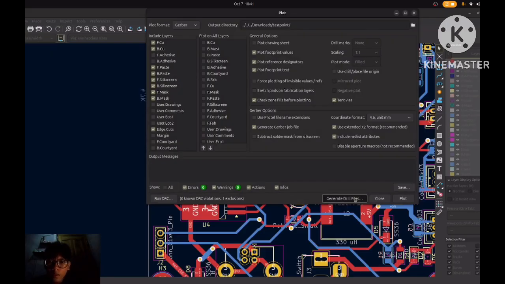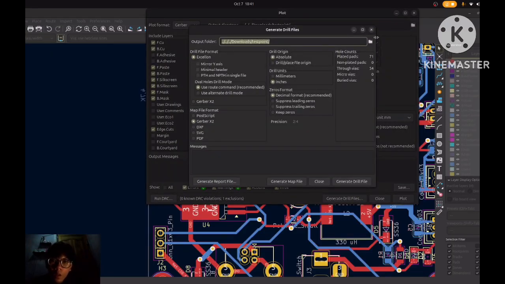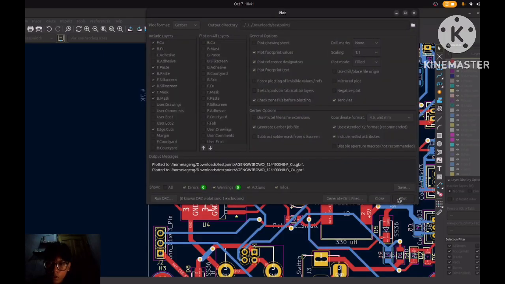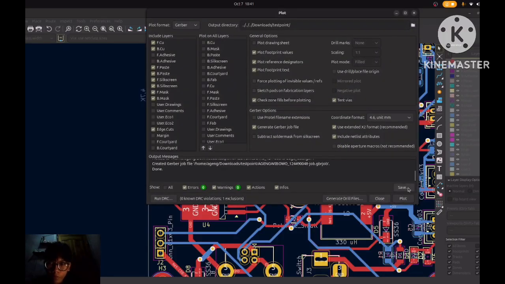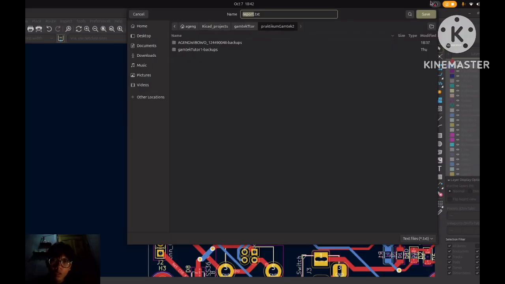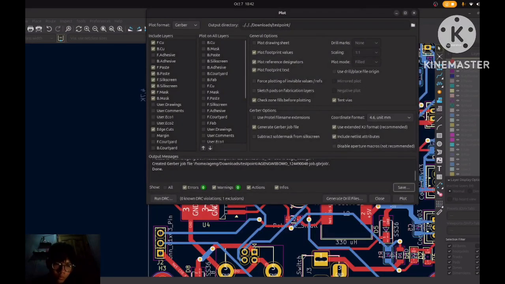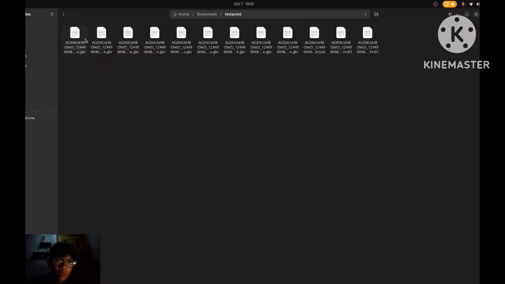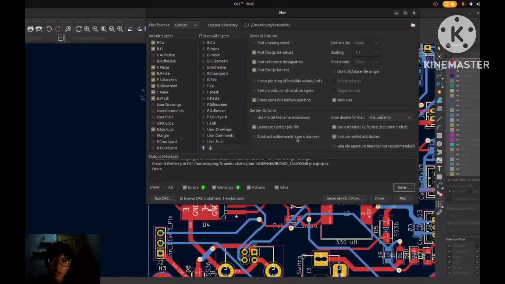Click generate drill files. Generate drill files. Close. Plot. Save. And if you're done, you close this.